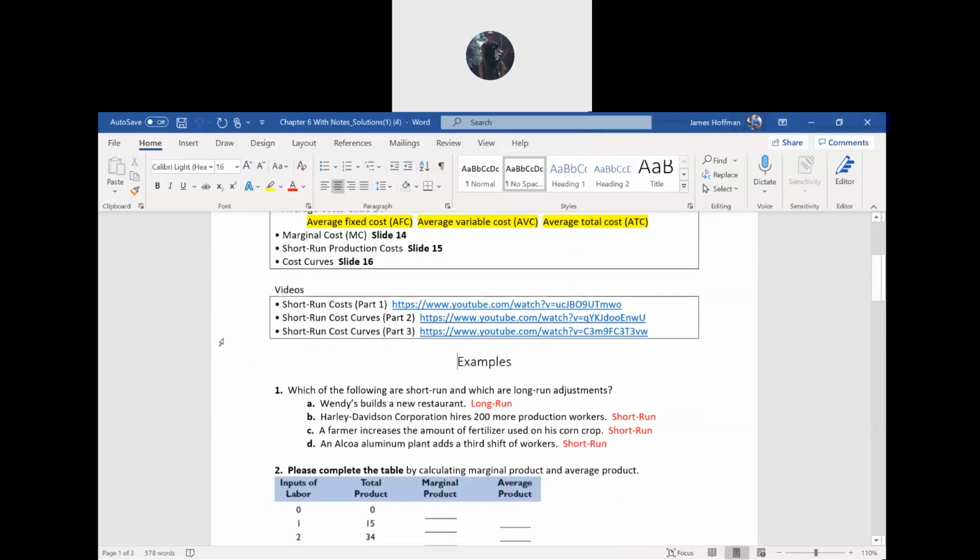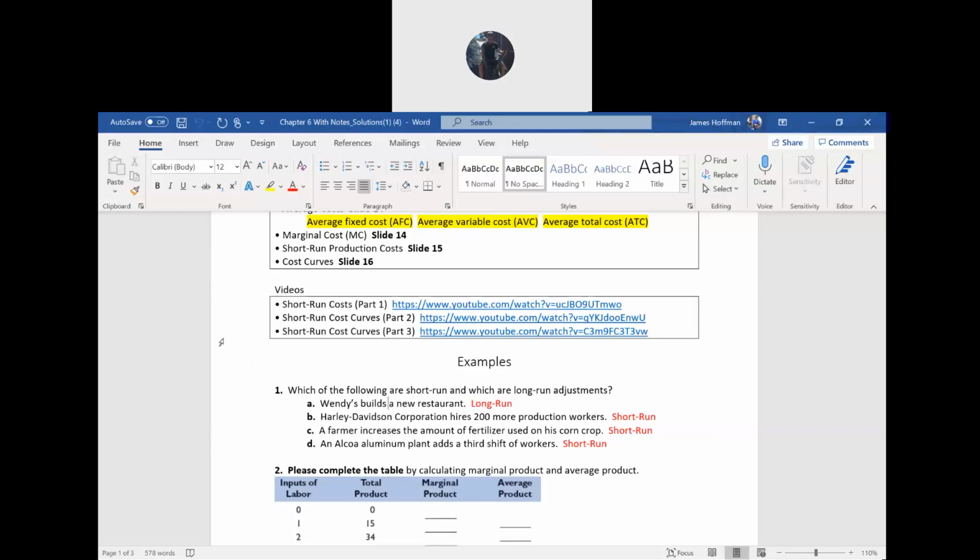All right, let's look at some examples. Okay, so number 1 is which of the following are short run and which of the following are long run adjustments. Okay, so make sure that in these little simple examples you can see why it's short run or why it's long run. So A,